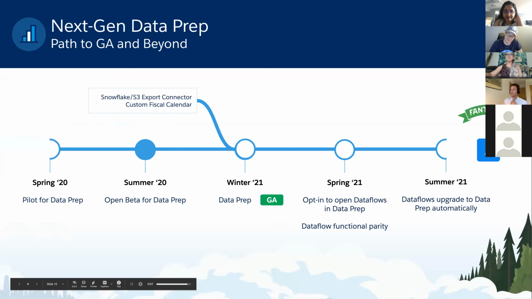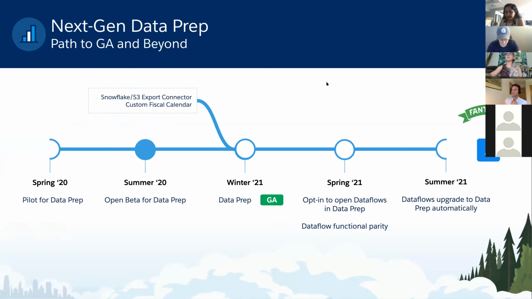This is our rollout plan for the next generation. Currently we're in the summer release. When we have this open beta, anyone can turn it on and try it out. With the winter release, this is turned on by default for all orgs, and all recipes will open up in this new experience. And we're making the necessary precautions right now where we are employing a mechanism that we call